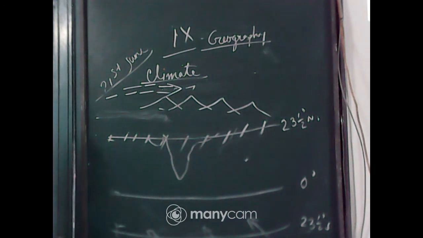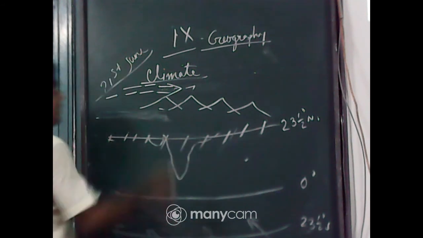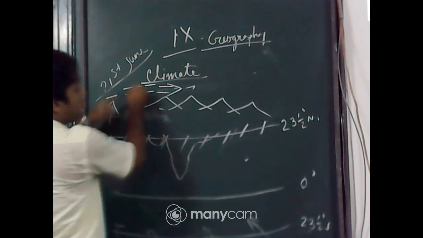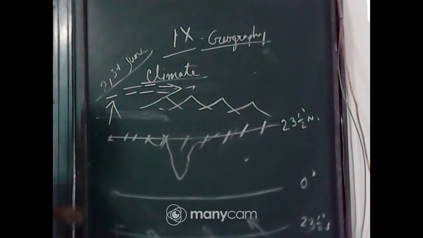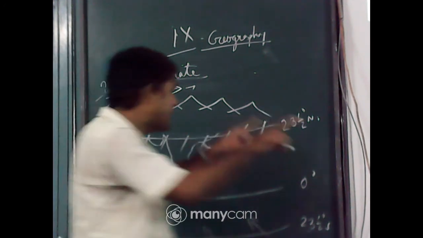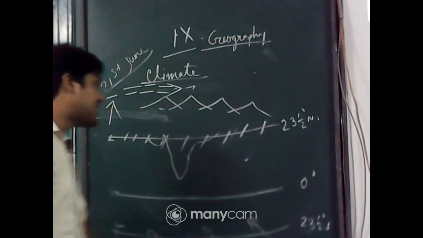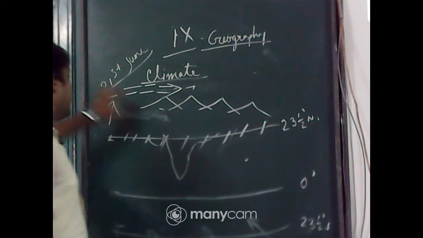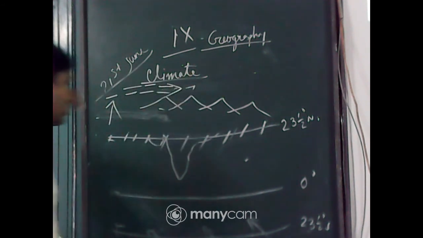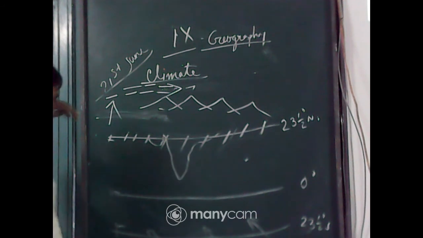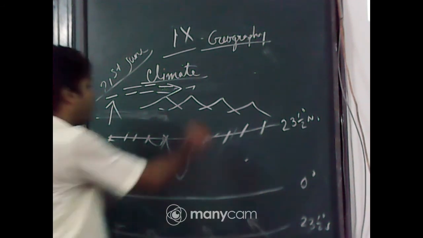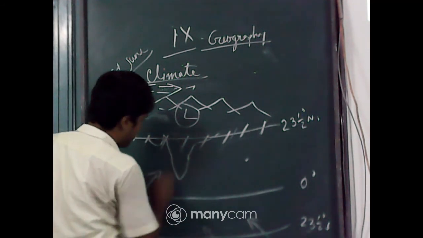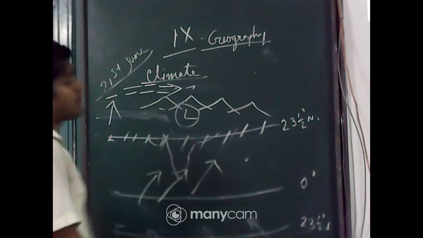For that reason, why did this jet stream shift from south to north? Due to the shift of the ITCZ. Each and every phenomenon is linked with one another. ITCZ shifted from the equator toward the Tropic of Cancer. So for that reason, the jet stream also shifted from south to north during the summer. And at that time, automatically low pressure also developed, and when this wind comes, it shifts and the Indian monsoon enters India, the monsoon wind.